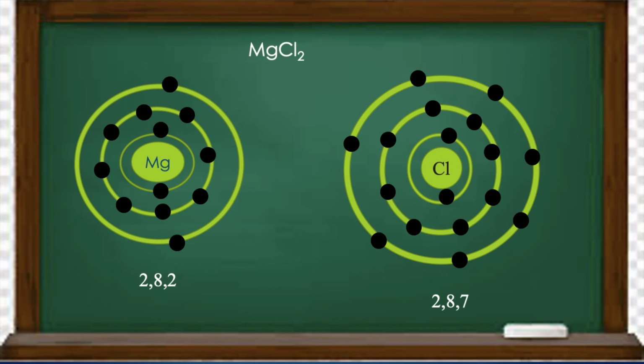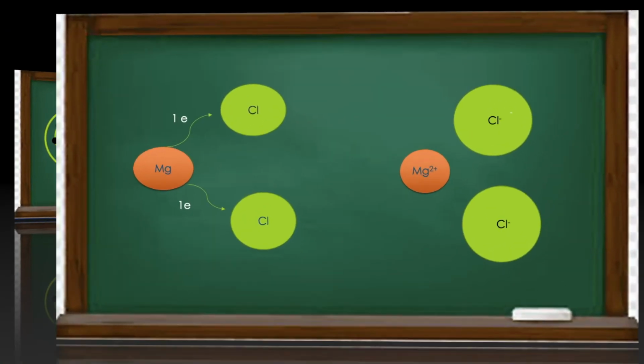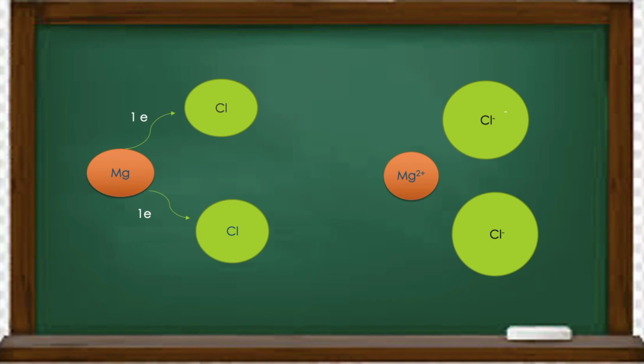How do the atoms combine in this case? How will the bond formation take place between magnesium and chlorine? Let's discuss. In magnesium, to attain octet, instead of accepting 6 electrons, it donates 2 electrons easily. In chlorine, to attain octet, it accepts 1 electron easily. But 1 more electron from magnesium is there. That's why we need 1 more chlorine atom. That's why magnesium reacts with 2 chlorine atoms and becomes magnesium chloride.